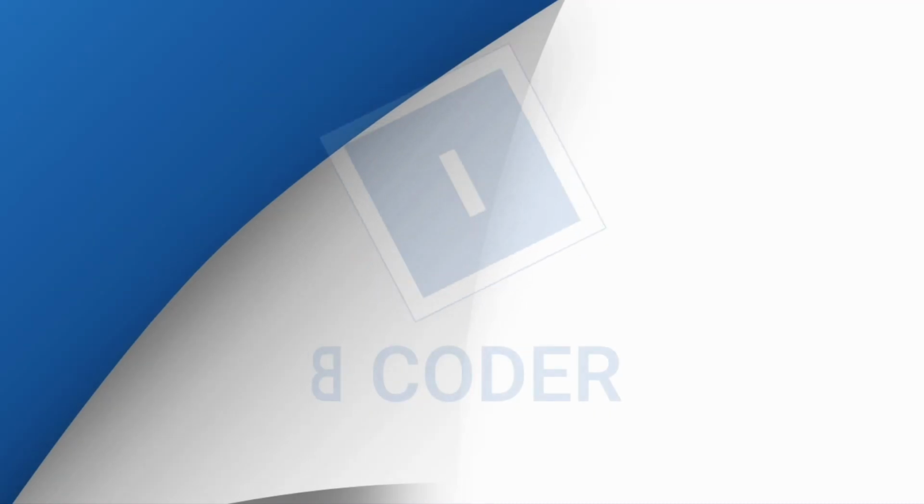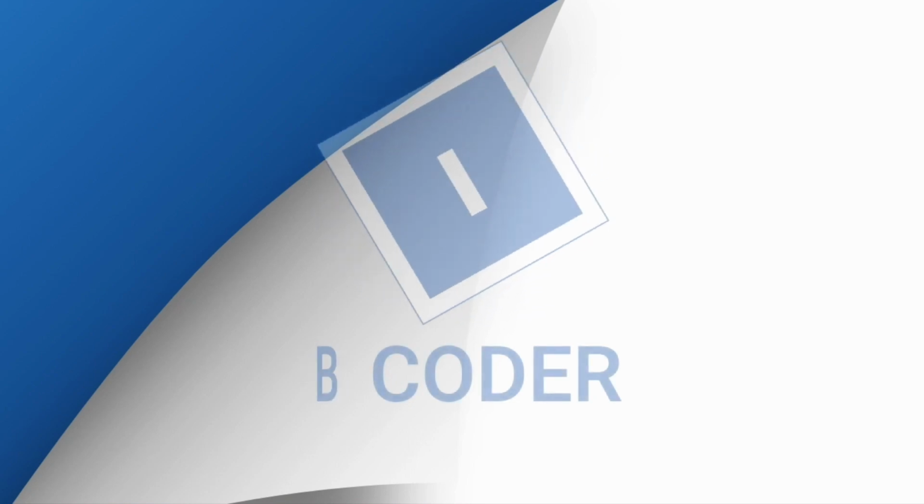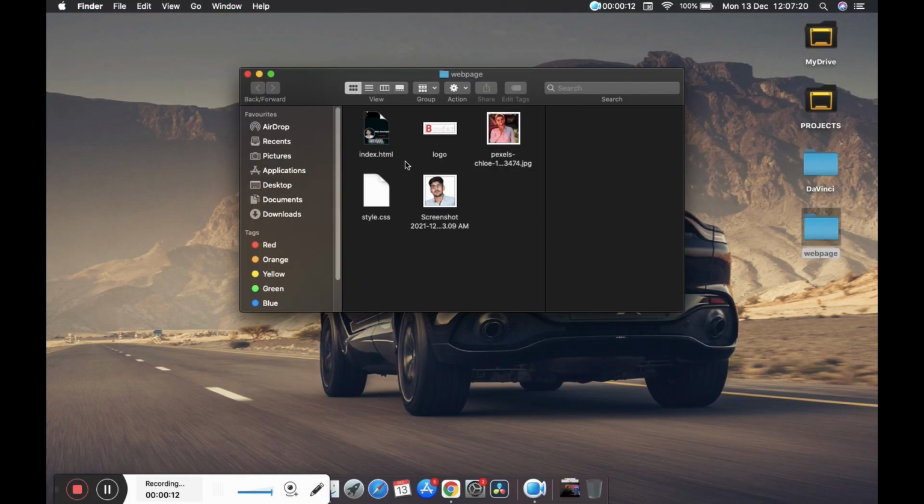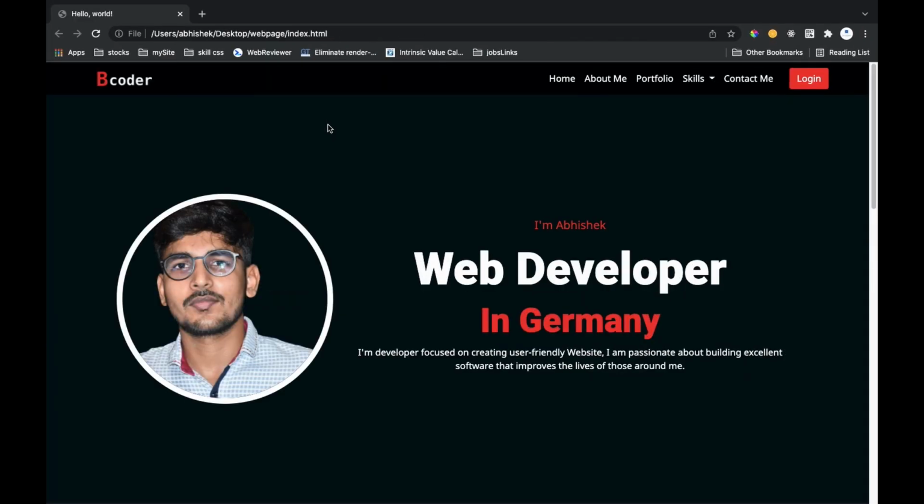Today we are going to build a personal portfolio website by using Bootstrap. So friends, let's get started. So this is the website we are going to make using HTML, CSS and Bootstrap and JavaScript of course.